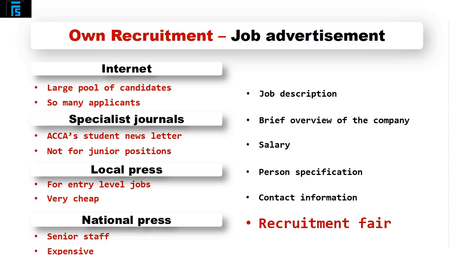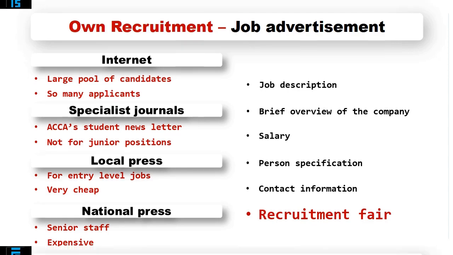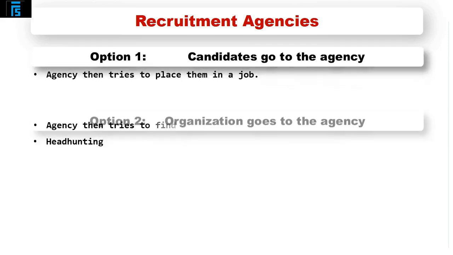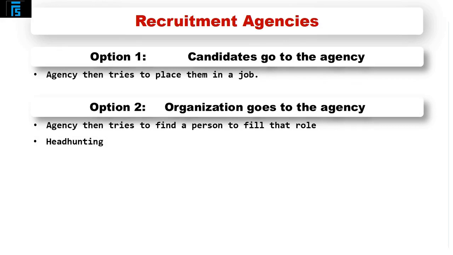So, job advertisements. As we said a little bit earlier, an alternative is to simply use a recruitment agent to get somebody else to do all of this for you. Now, there are various reasons why you might decide that this is what you want to do. So, we can see here that there are various reasons why we might decide to use recruitment agencies rather than others. We've got a list of them.